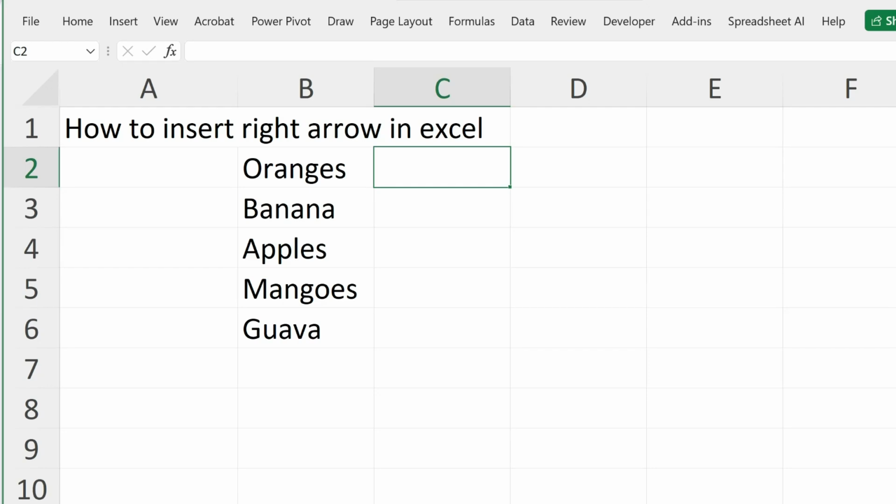Inserting a right arrow in Excel can be done in several ways depending on whether you want a graphical object you can move around or a simple character inside a cell. So if you want a professional looking arrow that you can resize, color and drag anywhere on the sheet, then